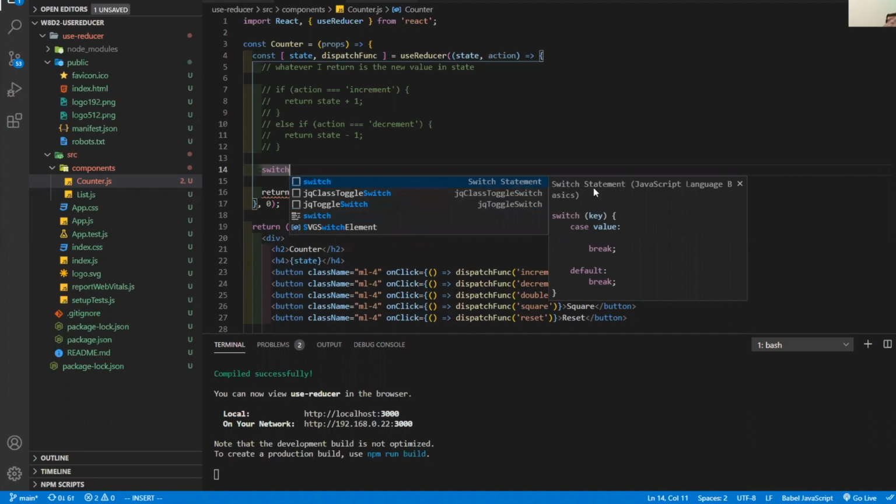This is a switch statement. This is part of the JavaScript language basics. It's nothing fancy about React. This is standard JavaScript, all right? And what you do is you say switch is the keyword, just like if or for. And then in parentheses, you're going to give it a value, a variable, okay? Now this variable gets compared with values